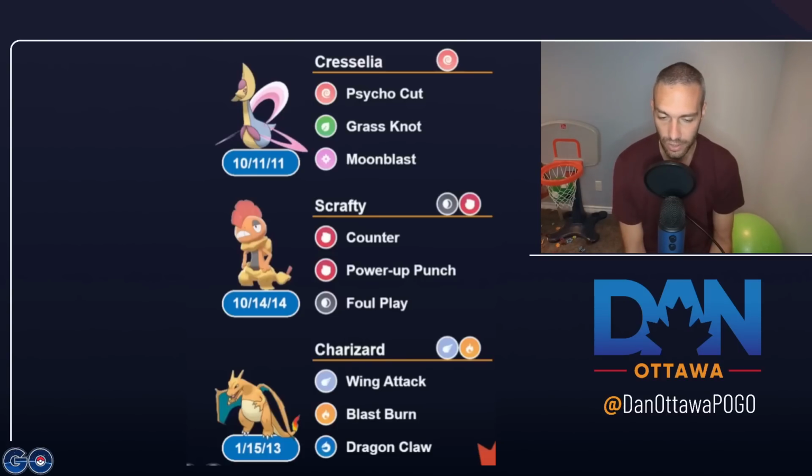Your backline is also very weak to Tapu Fini, so Scrafty and Charizard are weak to Tapu Fini. So what you might want to do is, again, I used Scrafty. If you go watch the video, you can check the Ultra League playlist, and I have all my videos there. I say I have a love-hate relationship with Scrafty because